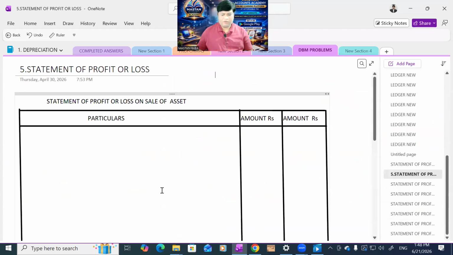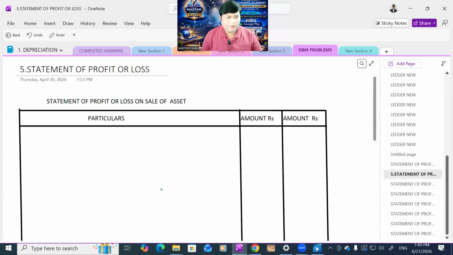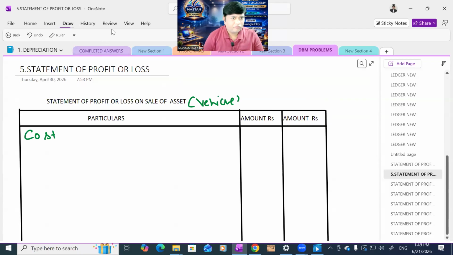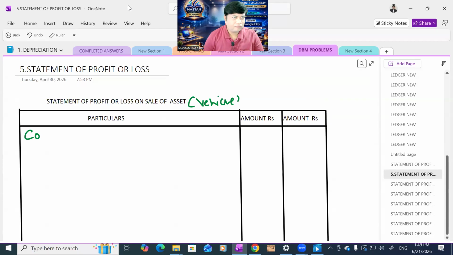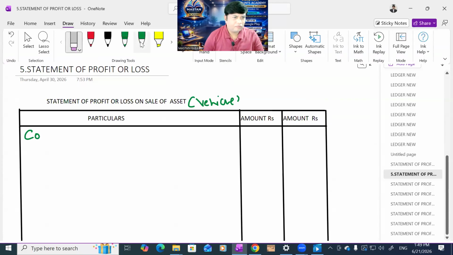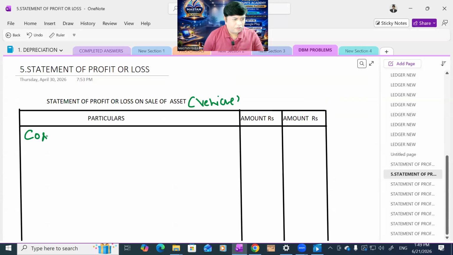Statement of profit or loss. Statement of profit or loss on sale of asset. What is the asset name here? Vehicle. Okay, so write it. Cost of asset, or you can say cost of vehicle